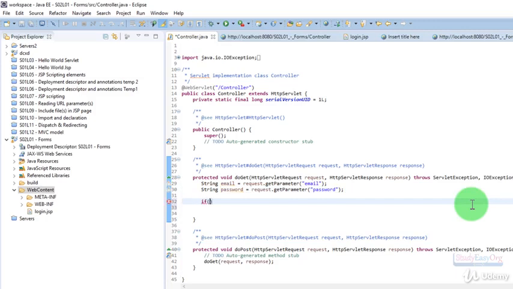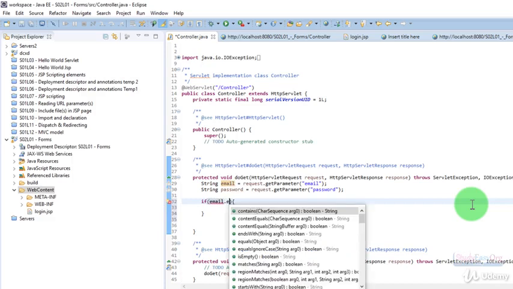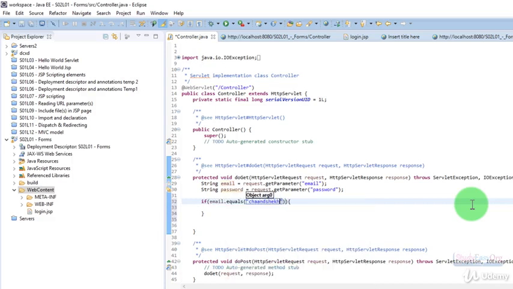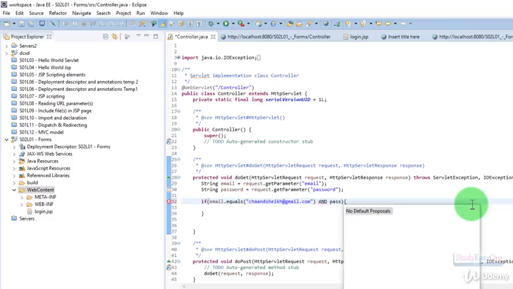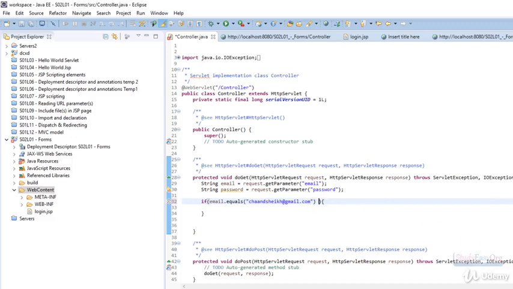So we will type in if email.equals chanshake@gmail.com. Oops, this keyboard is not good at all, and there would be again one condition. We will type in and password.equals 123456. Here we go, and if these two pieces of information are correct then we will display a message,